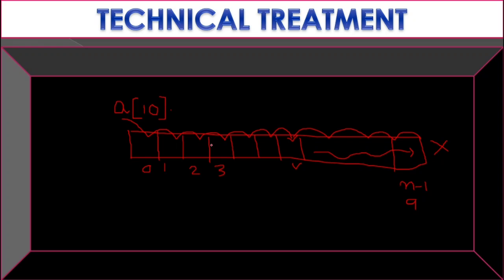If I apply the binary search technique for this, then I have to take a low variable, a high variable, and a mid variable, and each and every time I have to check whether the element I am looking for is less than the middle element. If it is so, then the element will be in the lower half. If not, then it will be in the upper half, and each and every time I have to do these calculations.